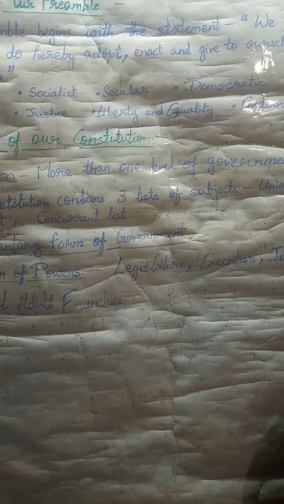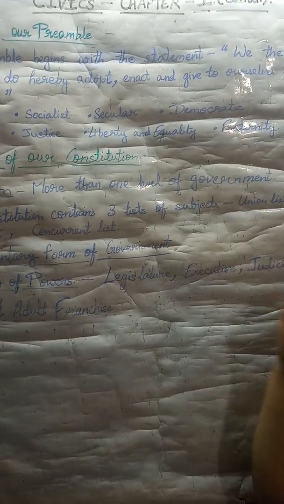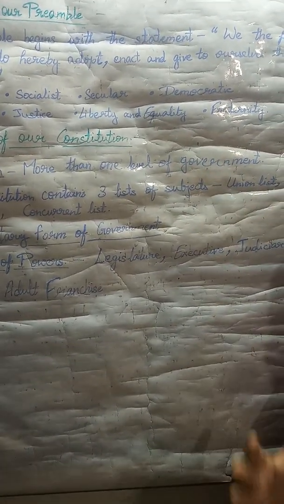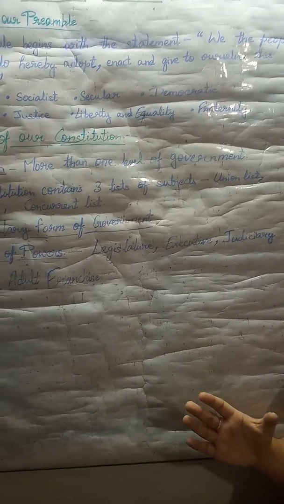Next is liberty and equality. The constitution has given us some rights, some freedoms are written for us, as we have already studied in the importance of the constitution, that there are some fundamental rights given to us. All these rights and freedoms are given to develop the personality of the people. Fine. So there should be liberty and equality. That means all those rights and freedoms should be given to all the citizens in the country.